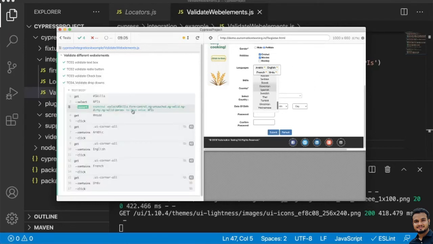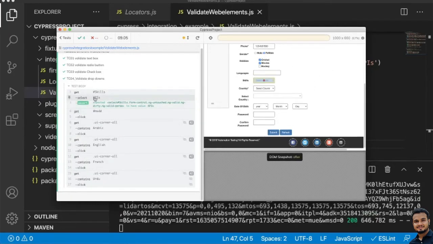So if I show you here, first in these skills, it identified and located it, then here it selected the APIs. This is the skill we have selected, right. Then it did an assert, expected this to have value APIs.